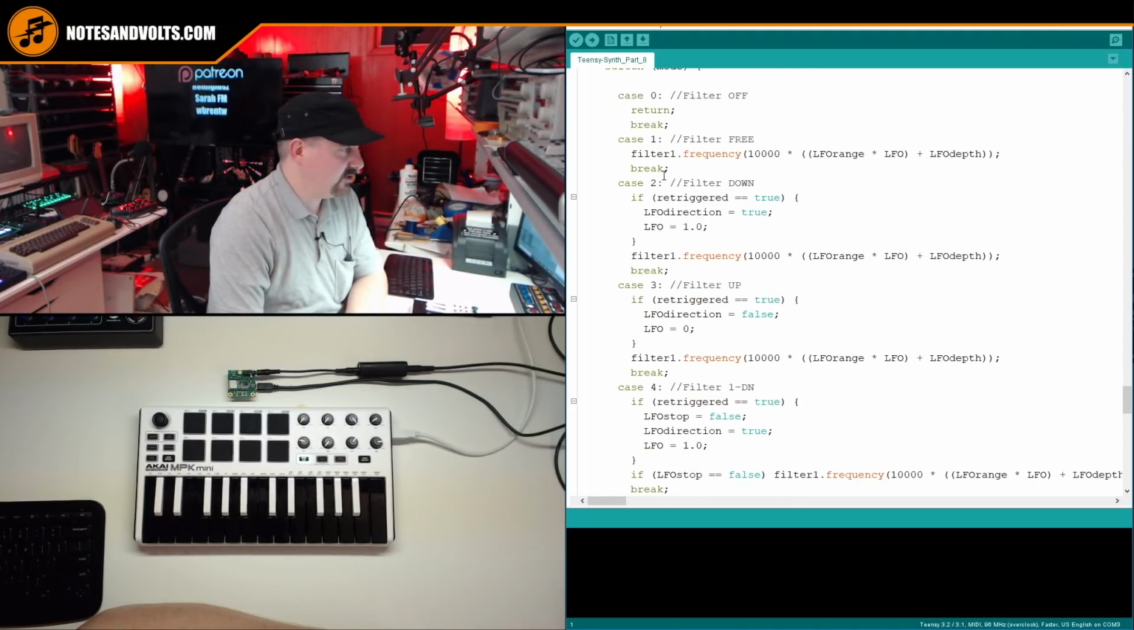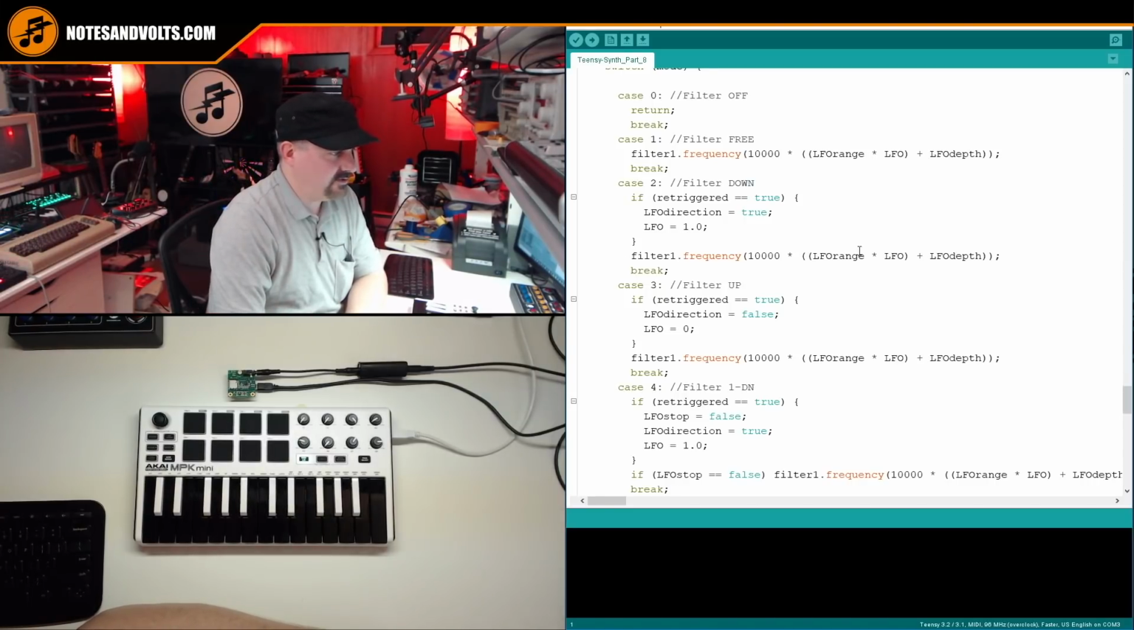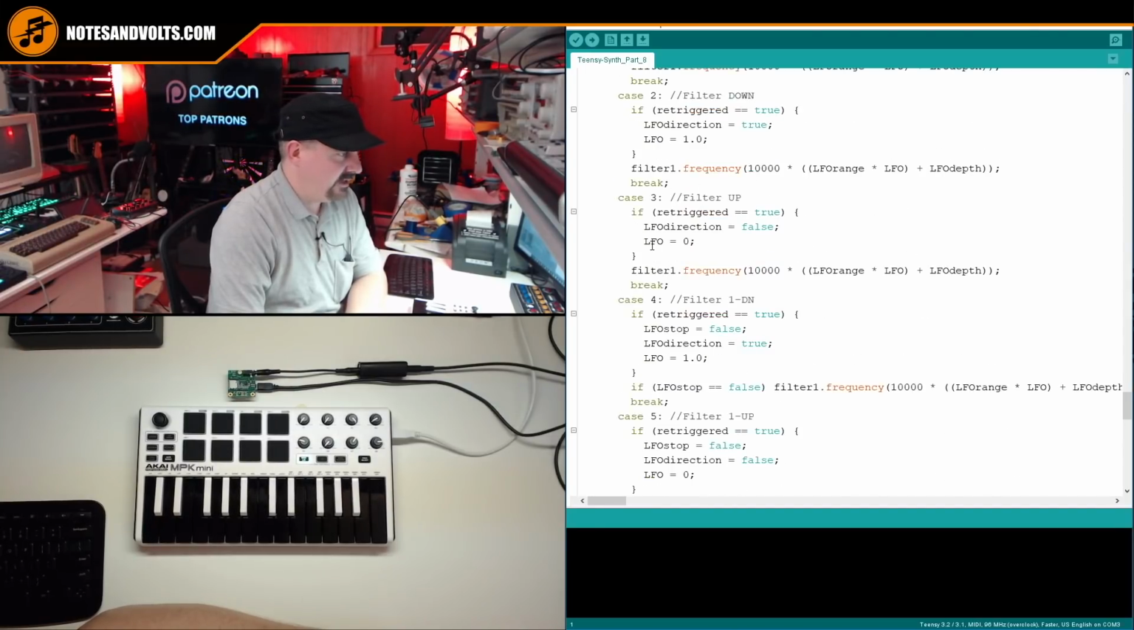And case number 2, which is filter down with a retrigger: if the retrigger is true, it's going to set the LFO to the top of the scale, and then it's going to affect the filter. So this is the key. It's using that retrigger variable to reset the LFO. Conversely, if the filter mode is up, it's going to reset the LFO to 0,